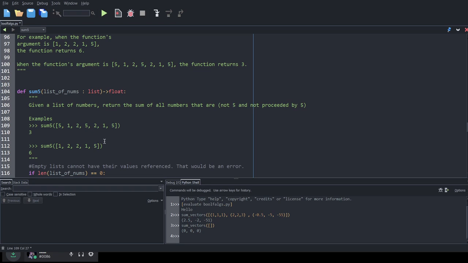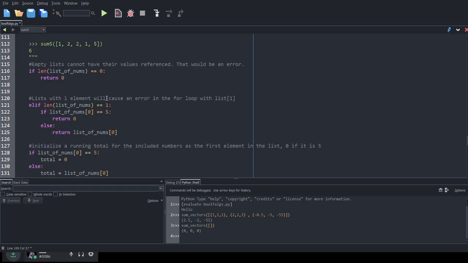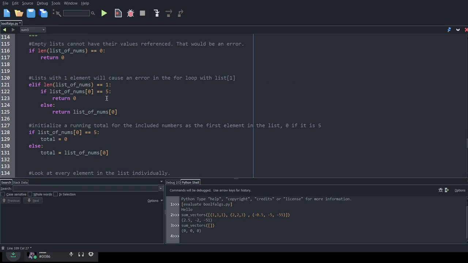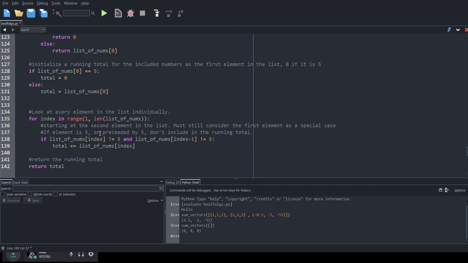But in my opinion, it's going to be significantly easier if we just check what's before us and do it that way. I mean, if you did it with index +1, you could make it work, but it's going to be a little bit more difficult. A little bit more out of the way.